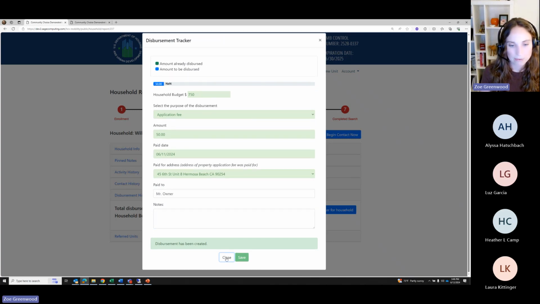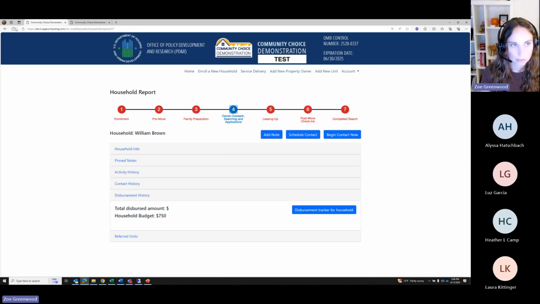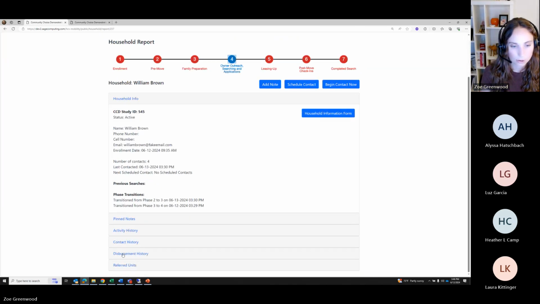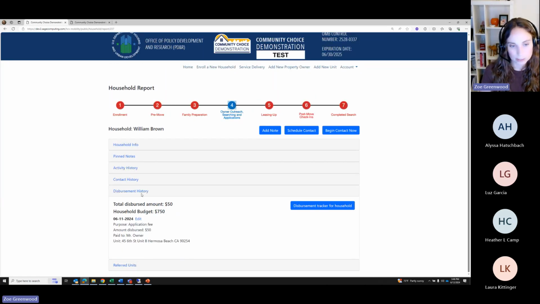Then once I save that, sometimes it's weird, you have to refresh it. So now in the disbursement history, it's going to show me here I've given them $50. Their budget's $750. Here's the disbursement. It was on the 11th. It was an application fee, and here are the details. So this disbursement history section kind of shows you a cumulative history of any disbursements that you issue